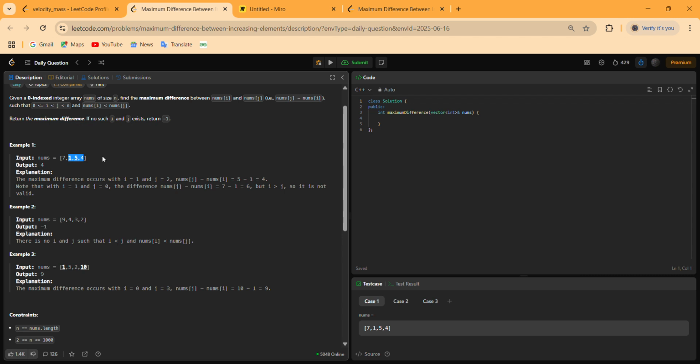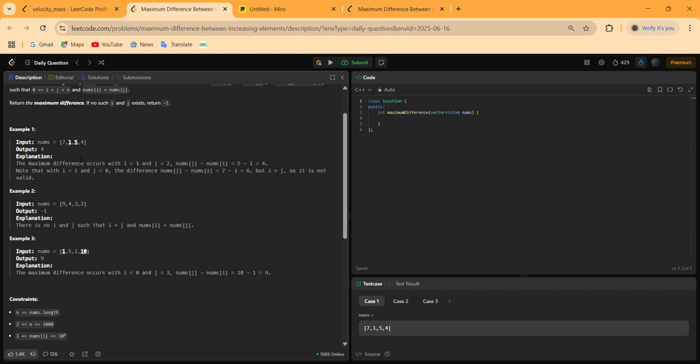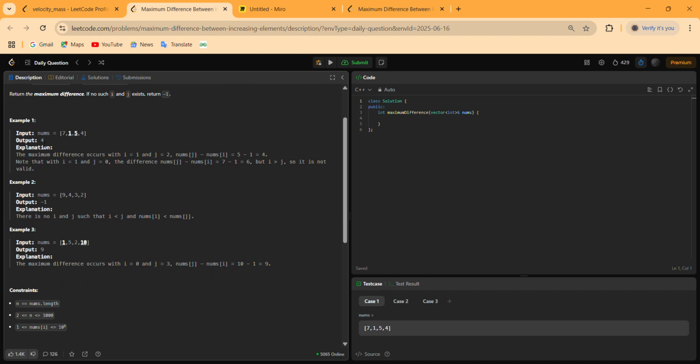Inside the nested for loop we check if nums[j] is greater than nums[i]. Then we compute the current difference between nums[j] and nums[i], and update our result to the maximum of the result and the current difference. By doing this we get our answer as 4 in this case.